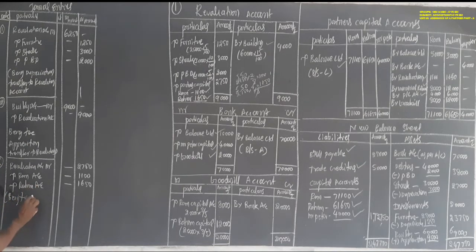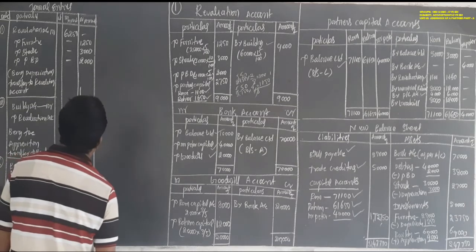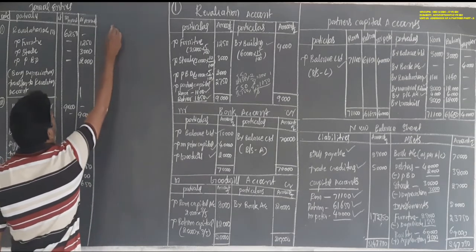Being the profit distributed between partners. This is the third entry. For the fourth entry,